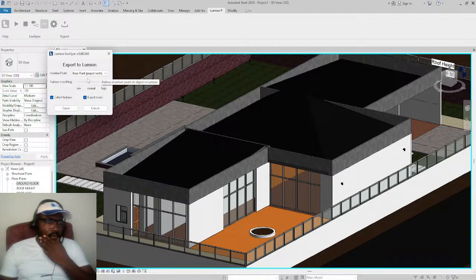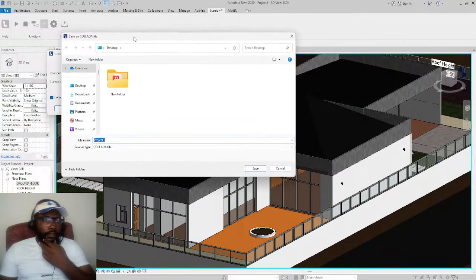By default, you don't even have to change this, except you are working with a project where you had to identify or manually put in this base point. Of course, there are such projects, but by default, always just allow this like this. Don't change this. Okay, now I will click on export, and I'm going to call this